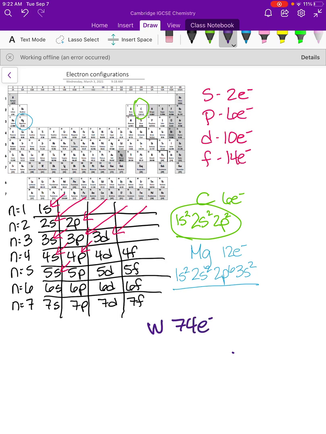So we would start with the 1s2, 2s2, 2p6, 3s2, 3p6, 4s2, 3d10,